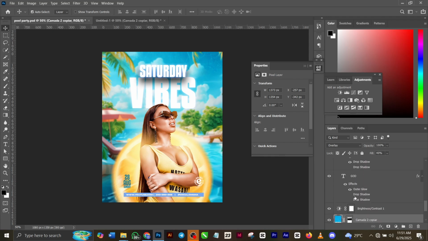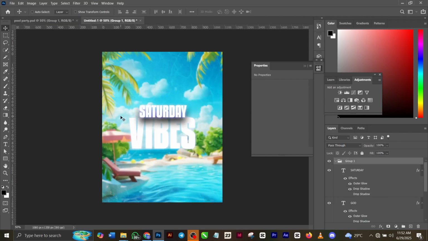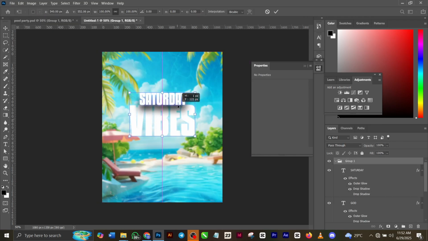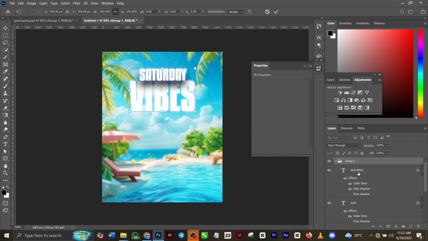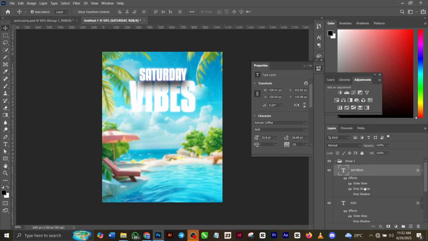Then you can see in my design also this text. So you can even have this text first, it's not an issue. You can play around with the text if you want to. Let me explain this text to you. So you can see I used the Kenyan coffee board font for this, and I added the outer glow,